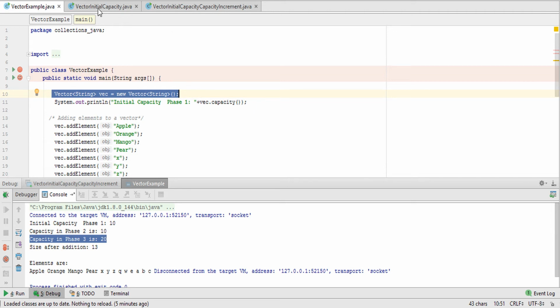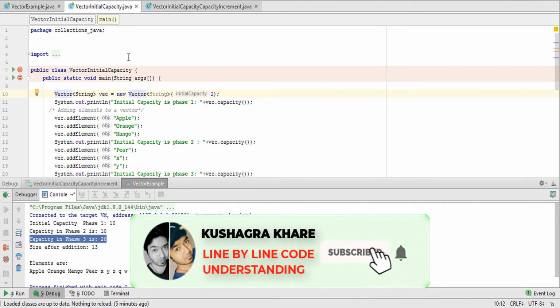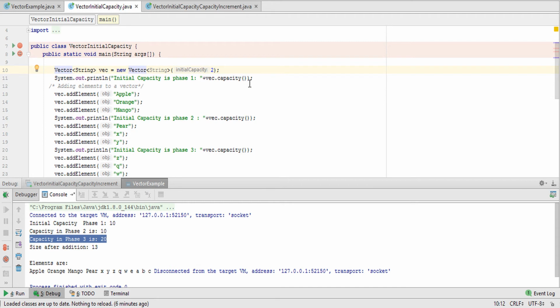Let's see the second way to define a vector. This is the second way. This is all the same as the previous one, but we have passed 2, and you can see it is showing initial capacity 2. The initial capacity of the vector will be 2, then 4, then 4 plus 4 is 8, then 8 plus 8 is 16.